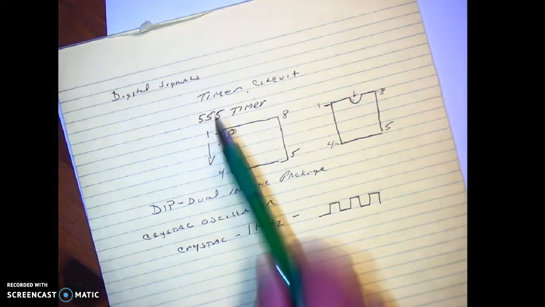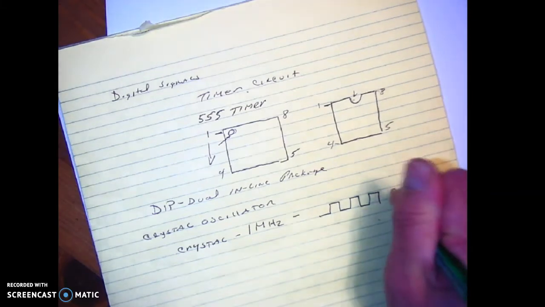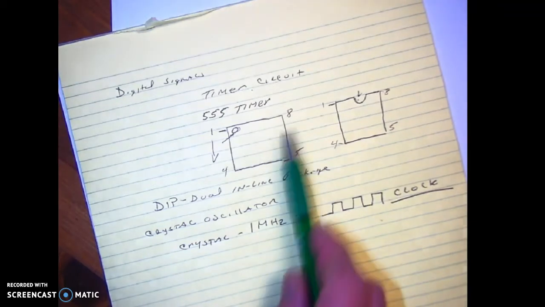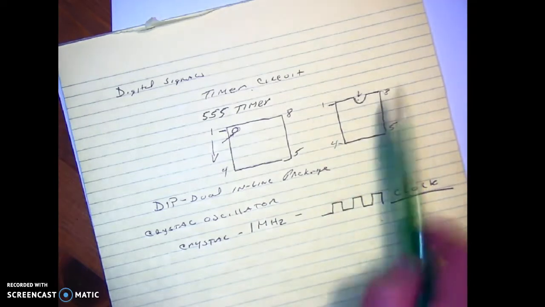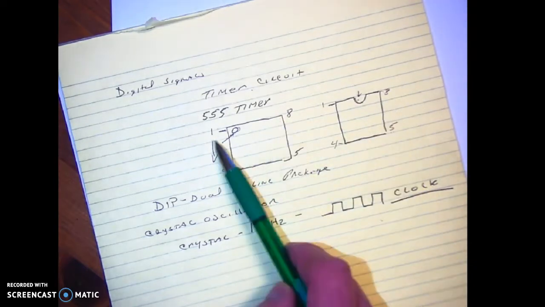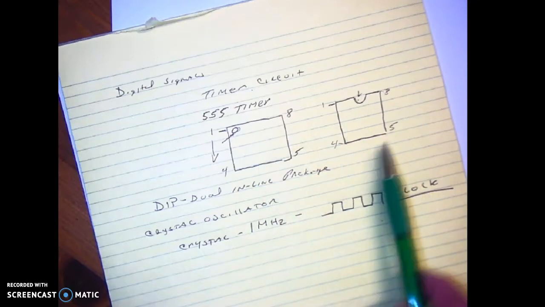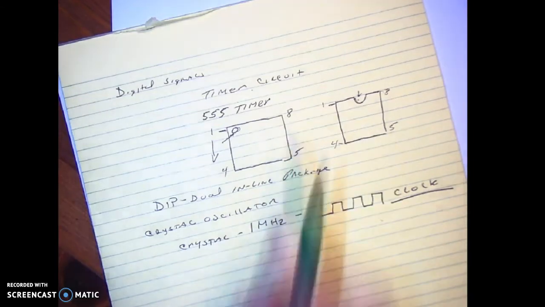So timers and crystal oscillators provide us a digital signal, and this digital signal is what we call a clock. Very important. It's called a clock. And by putting special circuitry in here, and I'll talk about this in the next video, we could put capacitors and resistors into the 555 timer or the crystal oscillator, and we could generate a digital signal. Interestingly enough, with the 555 timer, we can actually change the pulse width. So we could do a lot of different things with these